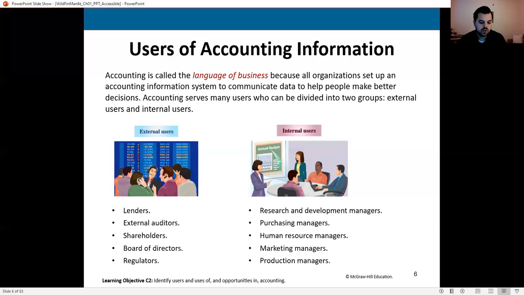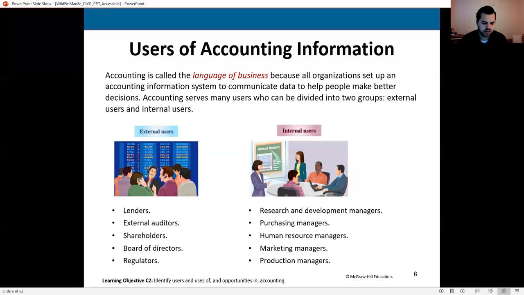We would see that our external users are also the shareholders. This may be surprising to you because you may think, well, aren't the shareholders the owners of the organization? Doesn't that make them internal? And it's a fair point, but the idea here is your shareholders are not the ones making day-to-day decisions within the organization. So they are getting the same information by and large as the bank is getting because they're just getting these general purpose financial statements. The board of directors is the same thing. Of course, they do run the company at an extremely high level, but because they are not the ones making the day-to-day decisions, they are not considered internal for what we need.